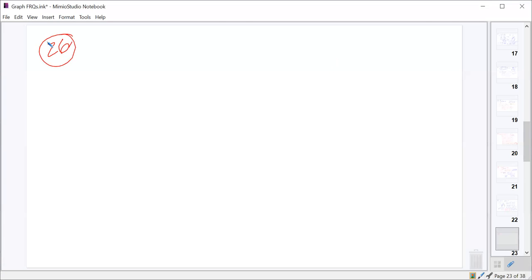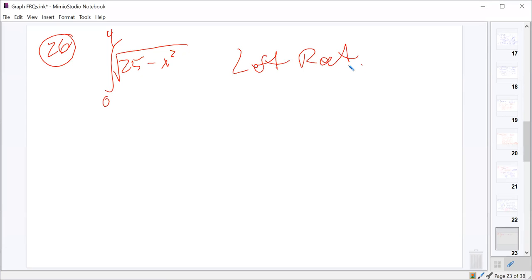All right, so for 26, it says we're going to estimate the integral from 0 to 4 of root 25 minus x squared using a left rectangular approximation. We're going to use 2 subintervals of equal width. So we just want 2 subintervals. That just means we're going to go from 0 to 2, and then we're going to go from 2 to 4, which means we need the value of